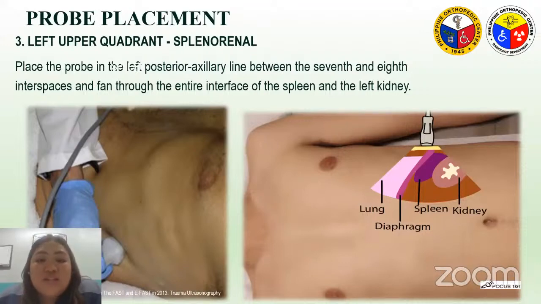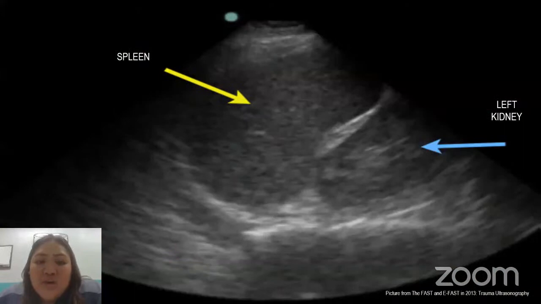Using the spleen as the sonographic window, this view evaluates any potential gap between the kidney and the spleen in the left upper quadrant. Additionally, it evaluates the areas immediately above and below the diaphragm as well as the left upper paracolic gutter. I have here an example